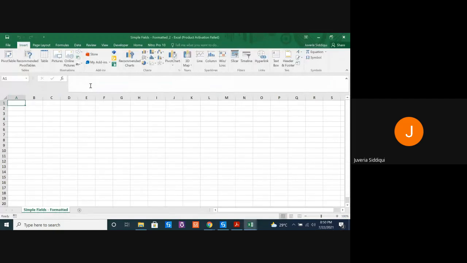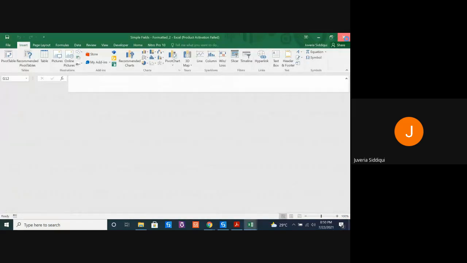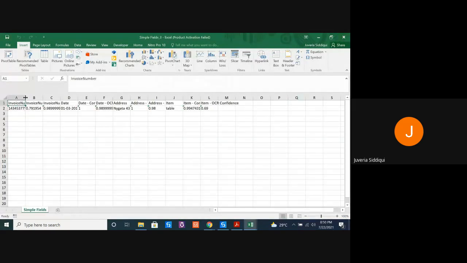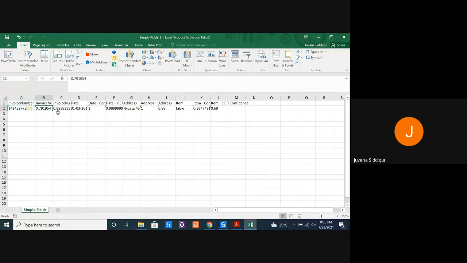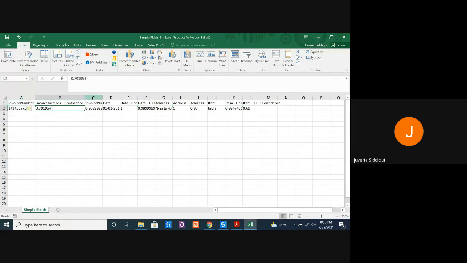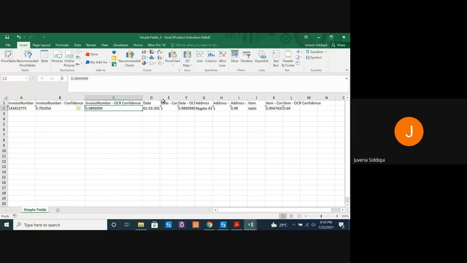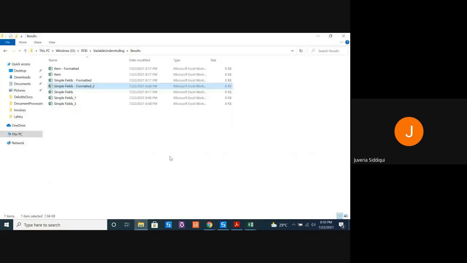Let's see this. The same year, it was not populated. All the values were still stored in this for the first document. Okay, it's strange that it's not getting populated.